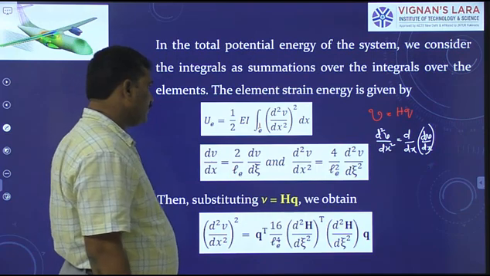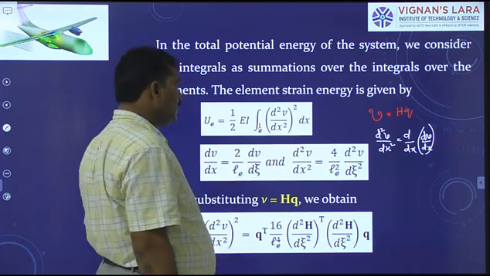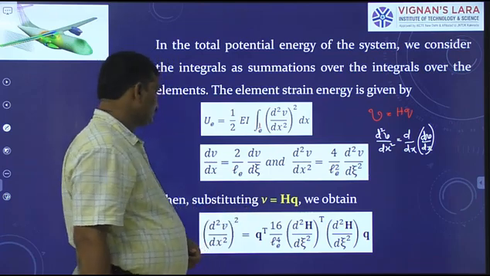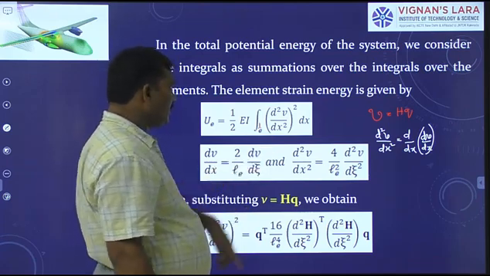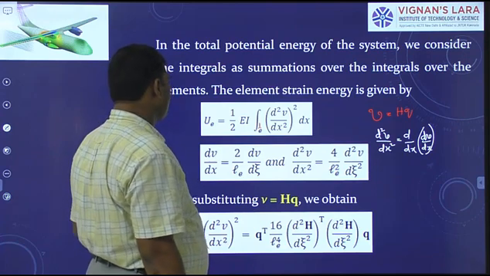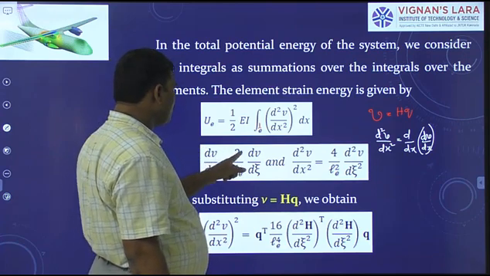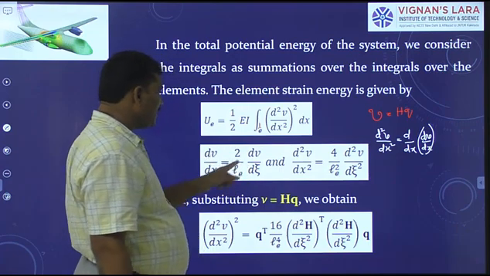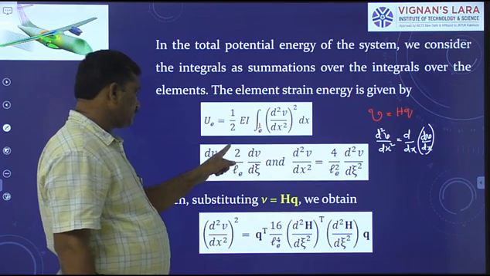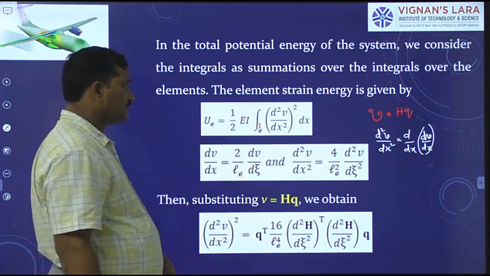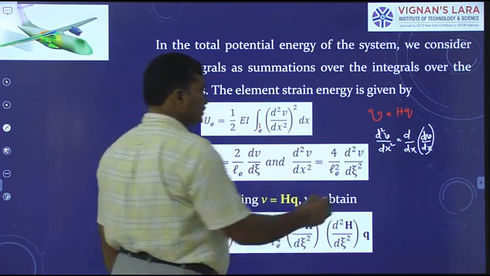Right? Therefore, d by dx of, what is dV by dx? Again, d square V by dx square equals d by dx of dV by dx. What is dV by dx? It is 2 by LE into dV by dz. Understand? Right. So therefore, this equals